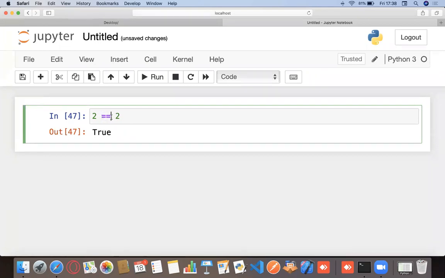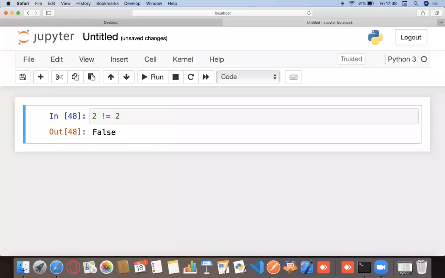In the same way, we have all these operators right now. And right now we are learning about the conditional operators. So the first operator that we learn about is double equals to. That's for comparison. The second would be the not equals to. Not equals to looks something like this: an exclamation mark followed by an equals to. Now 2 not equals to 2 is false because apparently 2 is equals to 2. What is single equals to? Single equals to is known as the assignment operator.